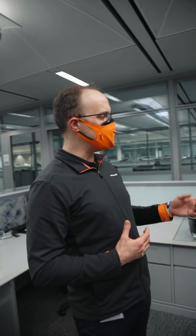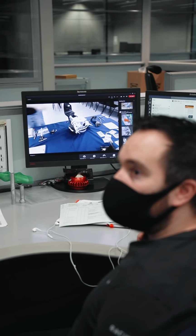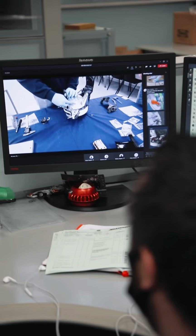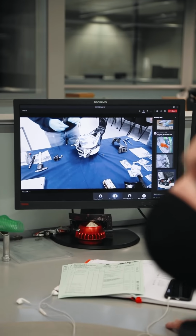So one of the challenges that COVID brings us is we need to deliver the same quality but find different ways of doing things, because you can't have humans interacting in the same way that we used to. So what we've got here is Paul as quality engineer in suspension and brake ducts, and we are doing a virtual pre-fit with the supplier on the call, the engineering team who have got CAD up and are able to answer any questions directly in the data, the project manager and the quality engineer,